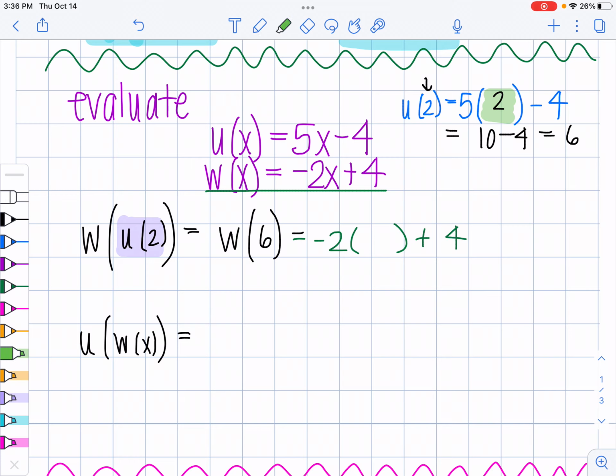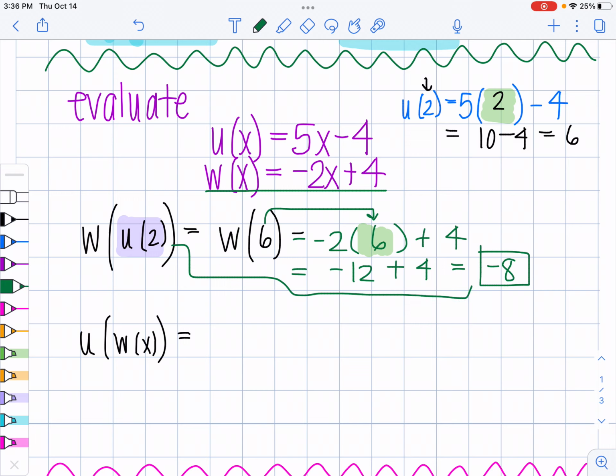And in my blank here, in this green space, I'm going to plug in a 6 because that's what they tell me needs to go in place of my x. So this becomes -12 plus 4, or -8. So overall, my answer to w of u of 2 equals